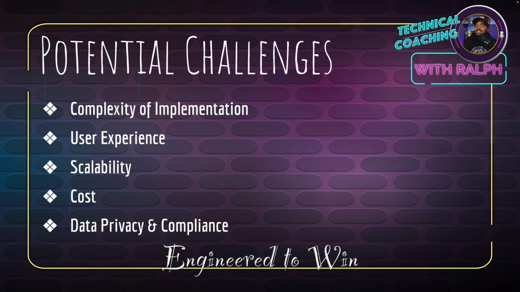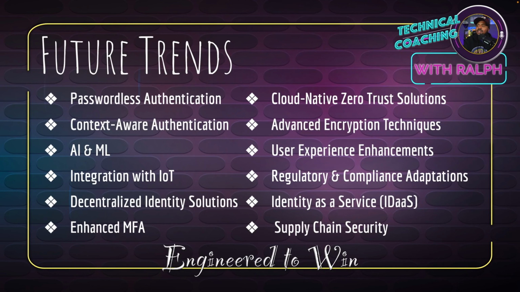So those are the potential challenges that we face when implementing zero trust architecture. Now, what are some future trends for zero trust architecture? I'm not going to get into these in depth. I'm just going to go down the list real quick, because a lot of them kind of make sense, right? So passwordless authentication. How can you authenticate without having to actually put in a password? That might be related to biometrics, whether it's fingerprints, eye scans, face recognition, who knows, right?